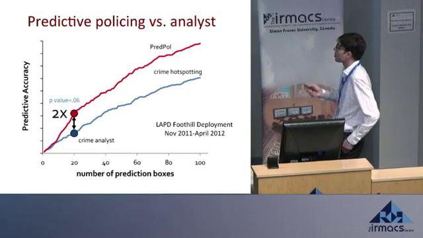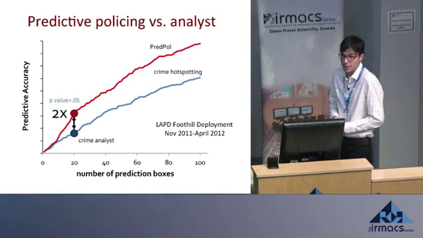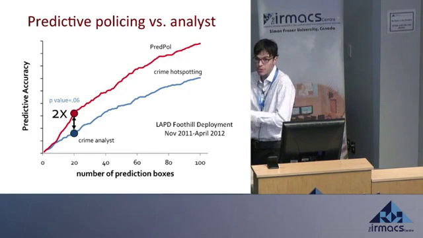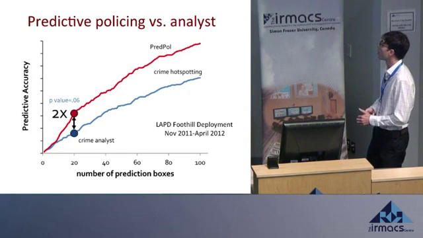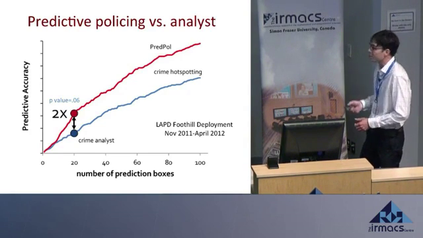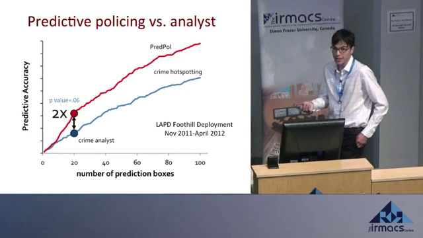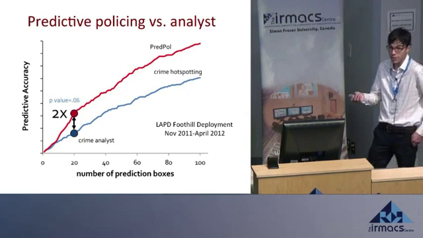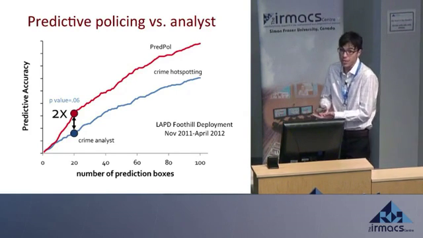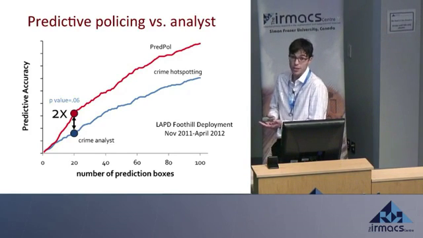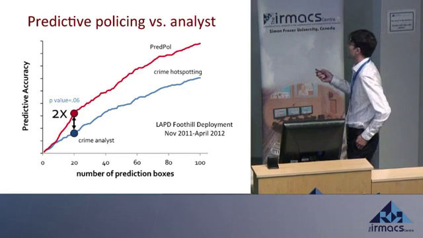And it turns out that the point process does about twice as well as the crime analyst, meaning that twice as many crimes fell in the prediction boxes on the point process days. Of course, this was over 6 months, which was about the limit we could ask this crime analyst to participate in this experiment, because it really did take a lot of work for them to generate the predictions each day. Oftentimes, crime analysts will only generate these maps maybe once a week or two, and they were having to do these basically every day. So 6 months was about the limit.